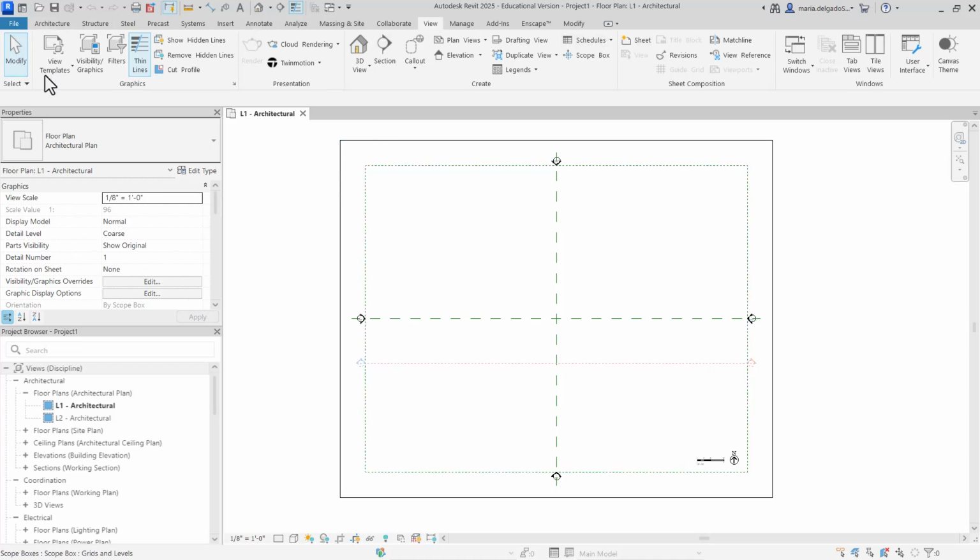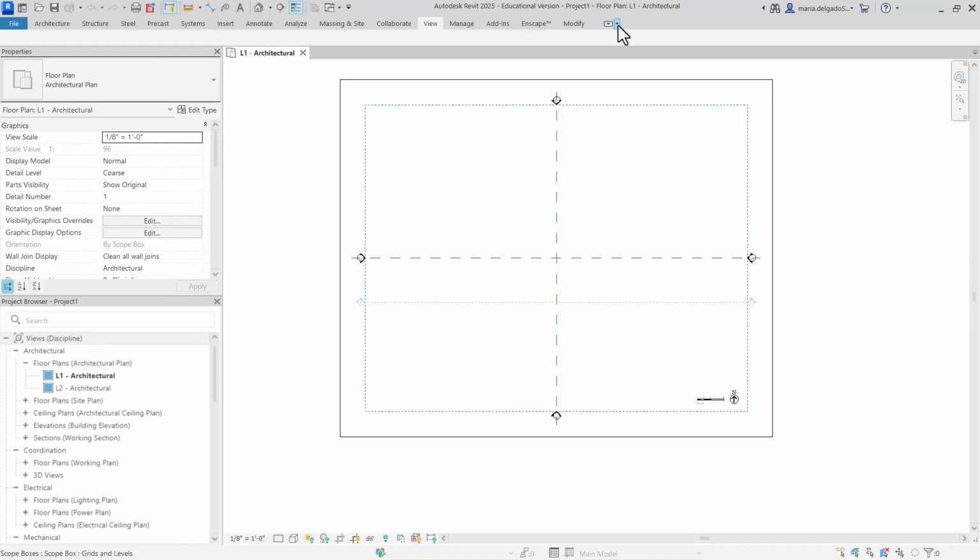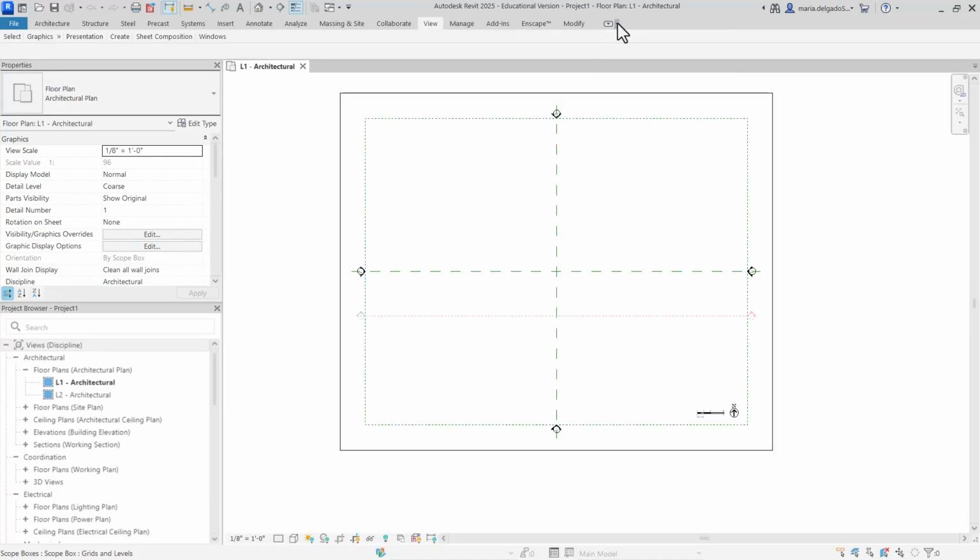You can also customize how the content within your tabs appear by clicking on this arrow. So you can click minimize. Again, now you're noticing that it has the subcategories here, the create, presentation, graphics, etc. You can also select, in addition to minimize to tabs or minimize to panel titles, you can minimize to panel buttons.